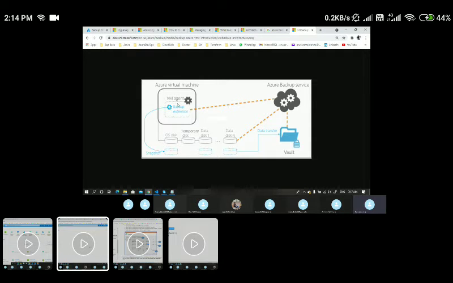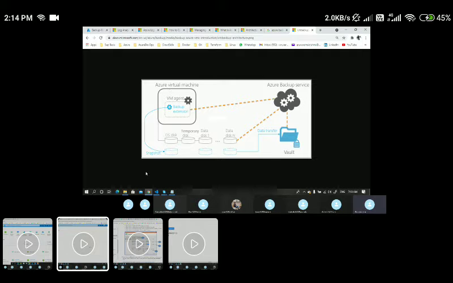This extension will help push the data to take a backup. This data will be stored in the form of snapshots, and these snapshots will be stored in the recovery service vault itself.